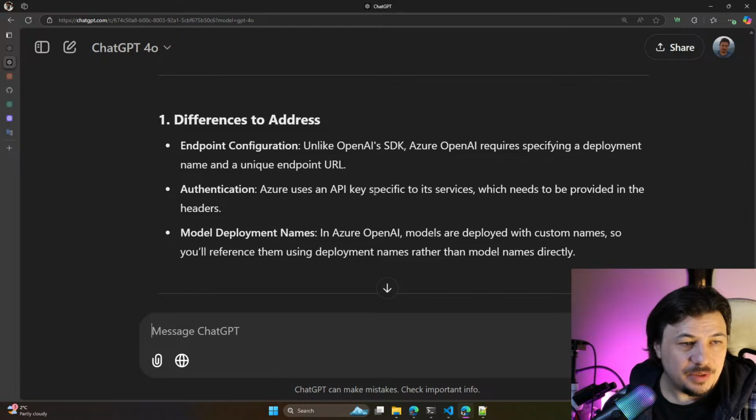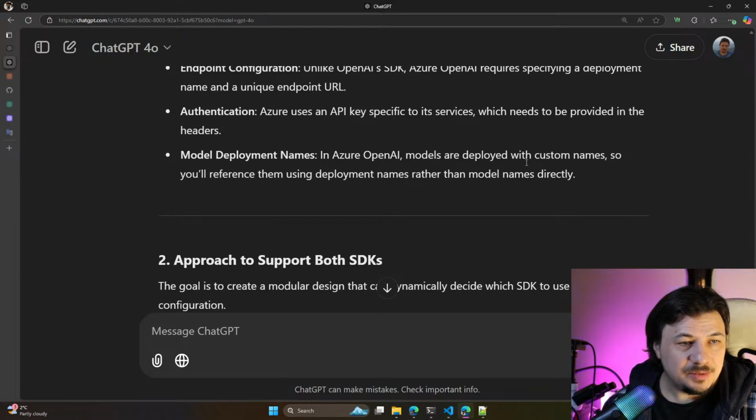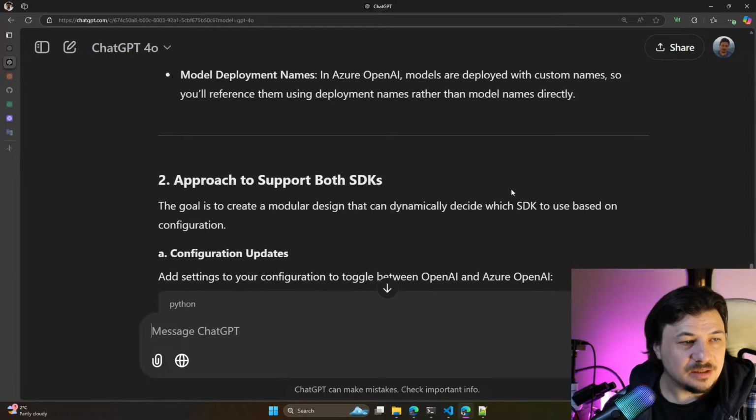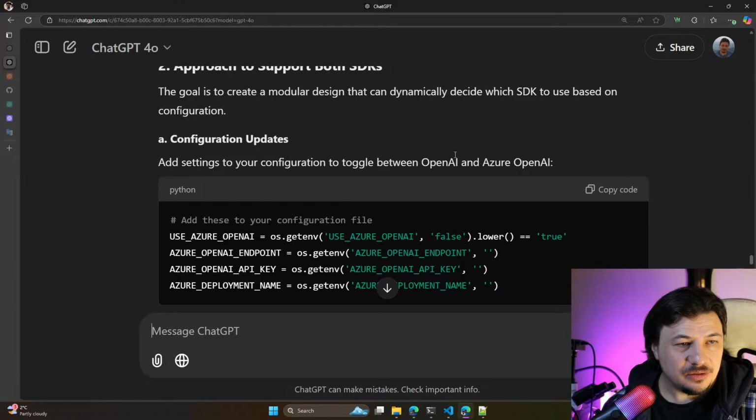For authentication, it uses API keys specific to its services, which need to be provided in the headers. Model deployment names: you reference them by using deployment names rather than model names directly. Approach to support both SDKs. So let's see. Configuration updates: let's add settings to the configuration to toggle between OpenAI and Azure OpenAI.